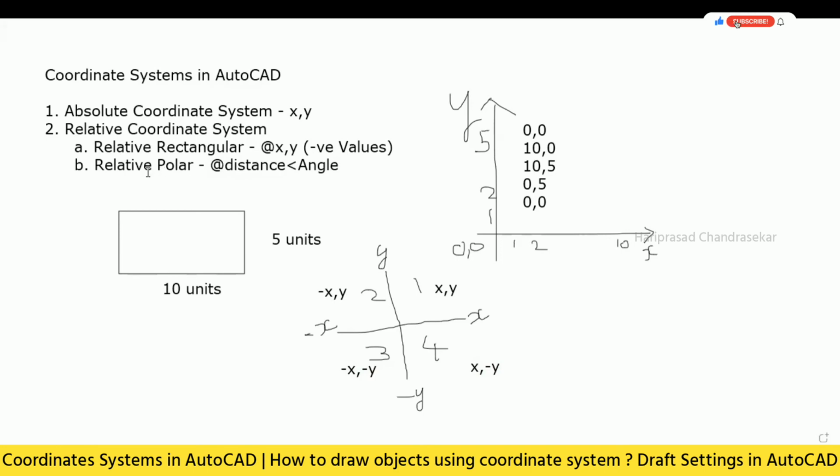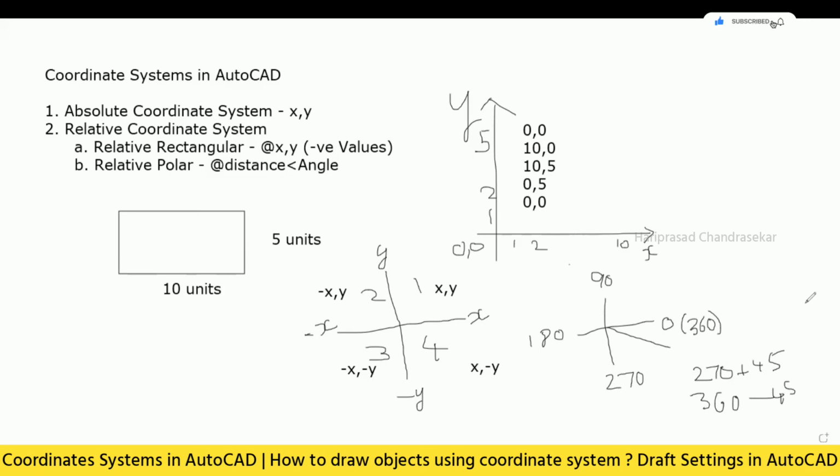And again, for relative polar, you must know these values: 0, 90, 180, 270. You can also put 360 for 0 again. For example, if you want something in between like this, then you need to add 270 plus 45, or you can do 360 minus 45.